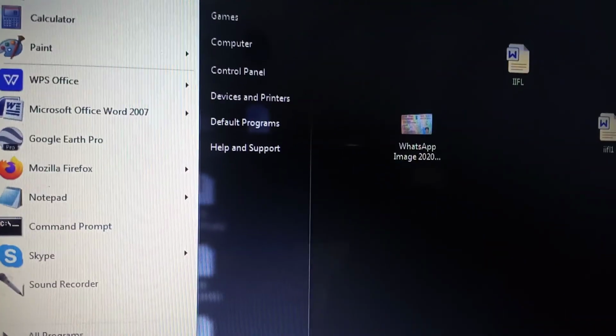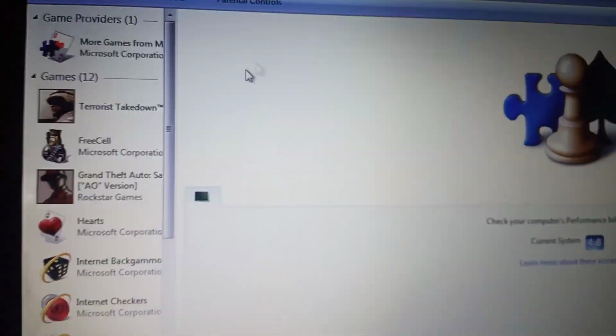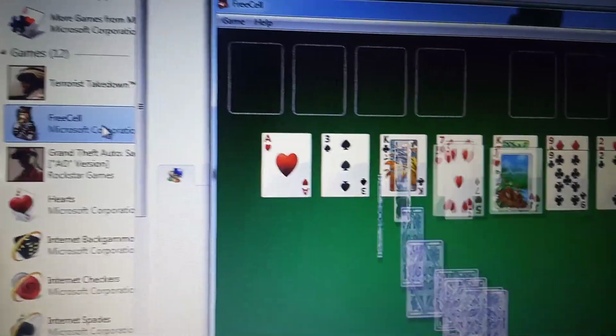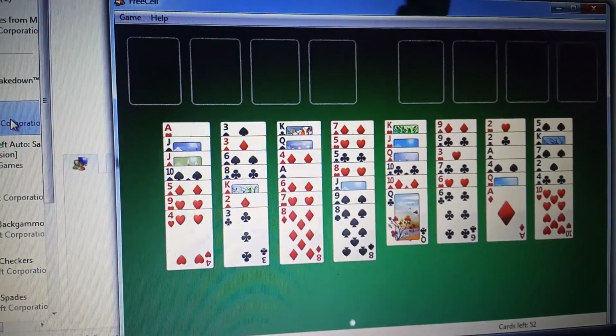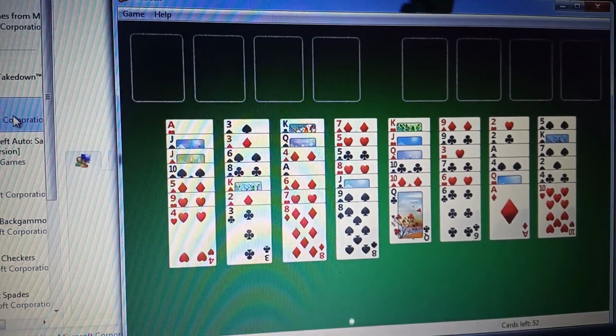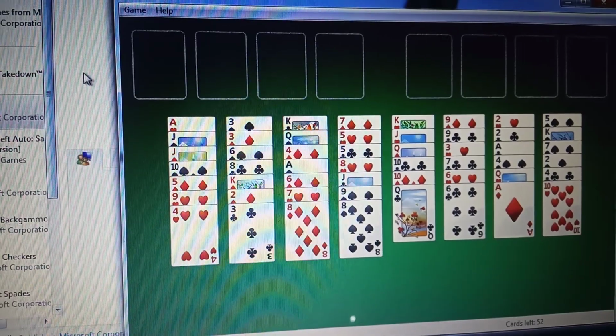Then you can see the Games option here. Then you have to click on it. Then you can see the game FreeCell. You have to double click on it. Then your game opens. Now you can play the game, if you know the rules.